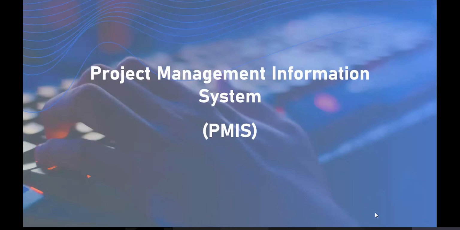Now, so far what we have seen is one complete software, how it addresses the customer requirements in terms of projects. But basically, most of the requirements are not covered in a single solution using one software. So if you want to address complete customer requirements, then we need a single solution, not a single platform, not a single software. So how has this been addressed? With the help of project management information system. Let's see in detail this project management information system.